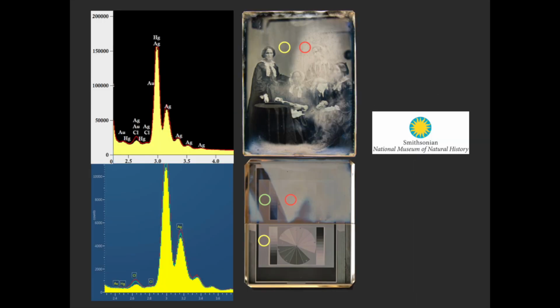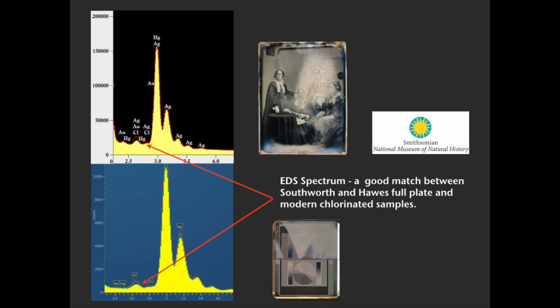I took them to Ryerson to the scanning electron microscope and analyzed the haziest and least hazy area and the clean area. And the spectral mapping is virtually identical to the mapping on the Southworth Hawes plate with the elevated chlorine